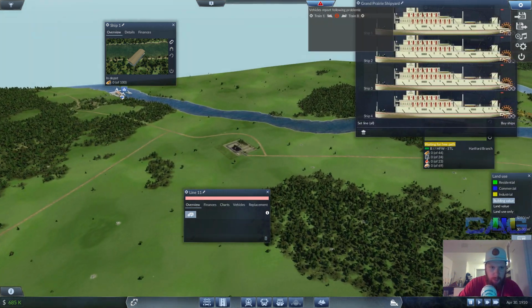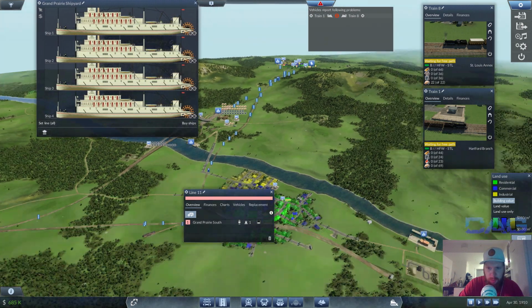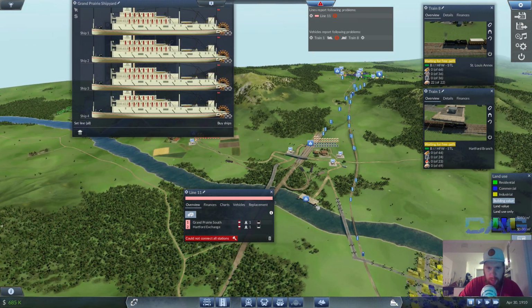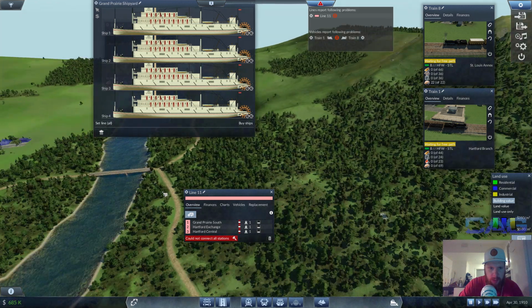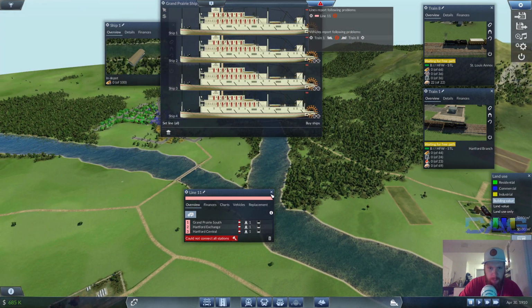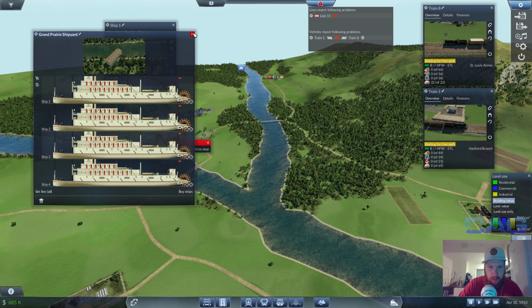Now you're gonna go from there all the way up to there, and then drop on by there on your way back. Cannot connect to all stations because of this bridge, and possibly that one. Very well. We will still put you on the line though. I cannot find a...